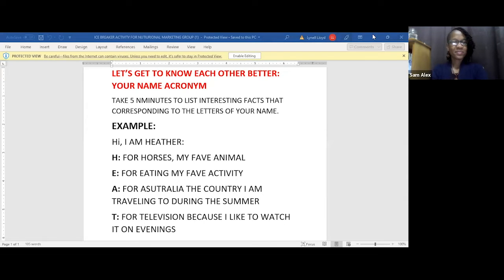Okay, A is for agriculture, which I love doing. N is for nature, where I love to be. T is for travel, which I sometimes do. H is for happy, which I try to be all the time. A is for exercise, that I need to do some more of. And A is for animal, that I love.